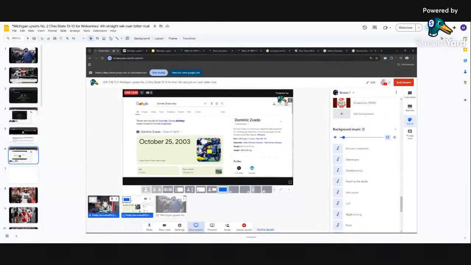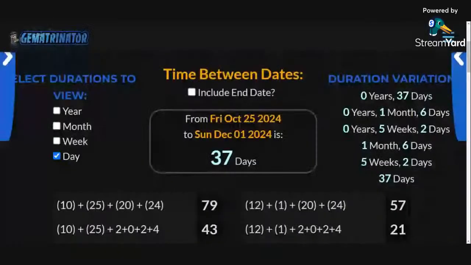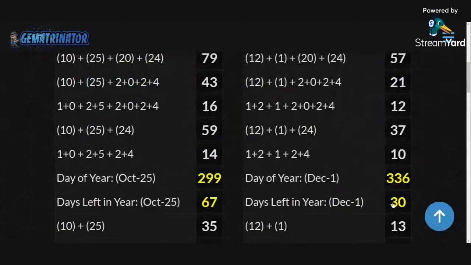And it was 37 days, and that 121 is amazing. So look, y'all, and basically you can scroll down and see what day of the year. You see that? And check this out. It's trending on a 13 numerology. You see? 12/1 today's date. 12 plus 1 is 13. And remember, they won scoring 13 points. Look at the date numerology right here.